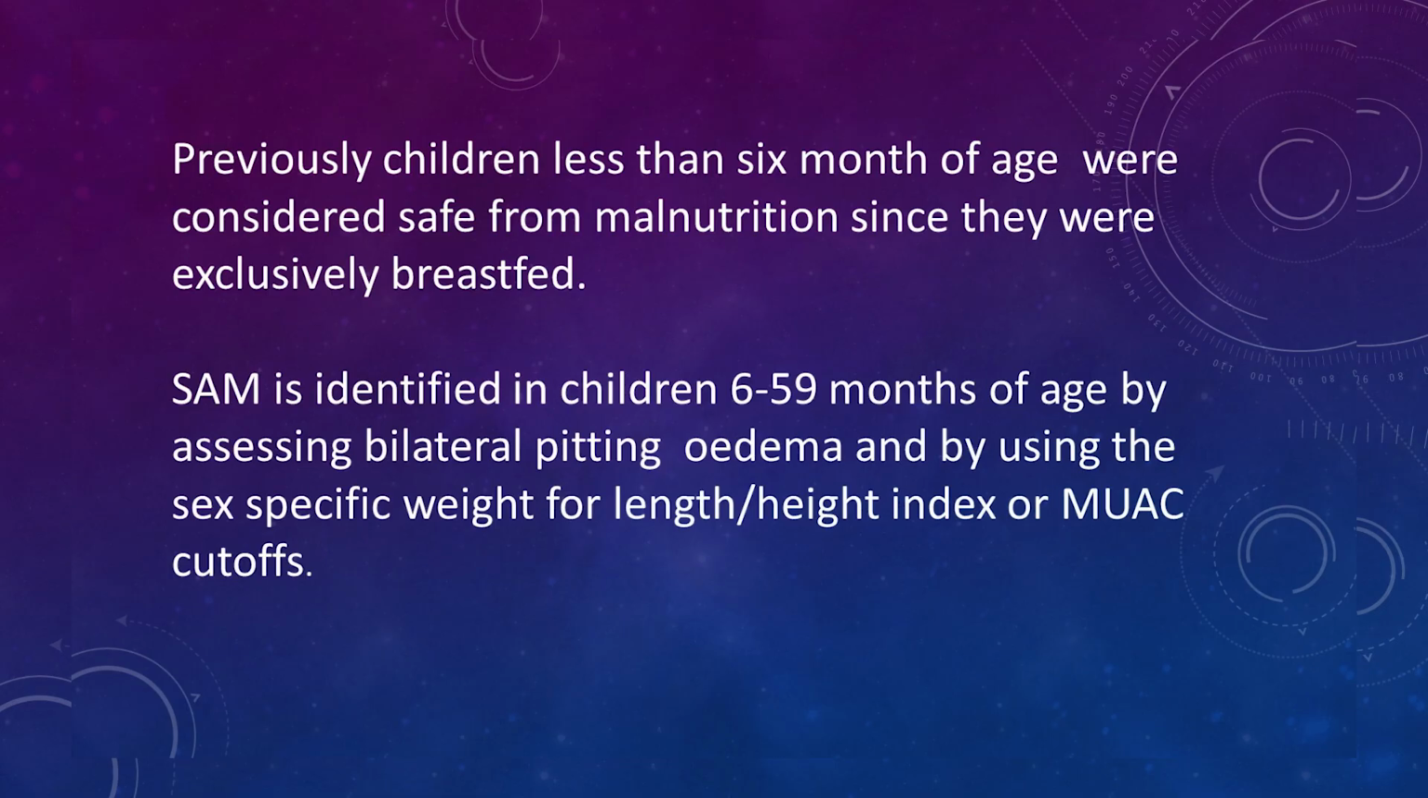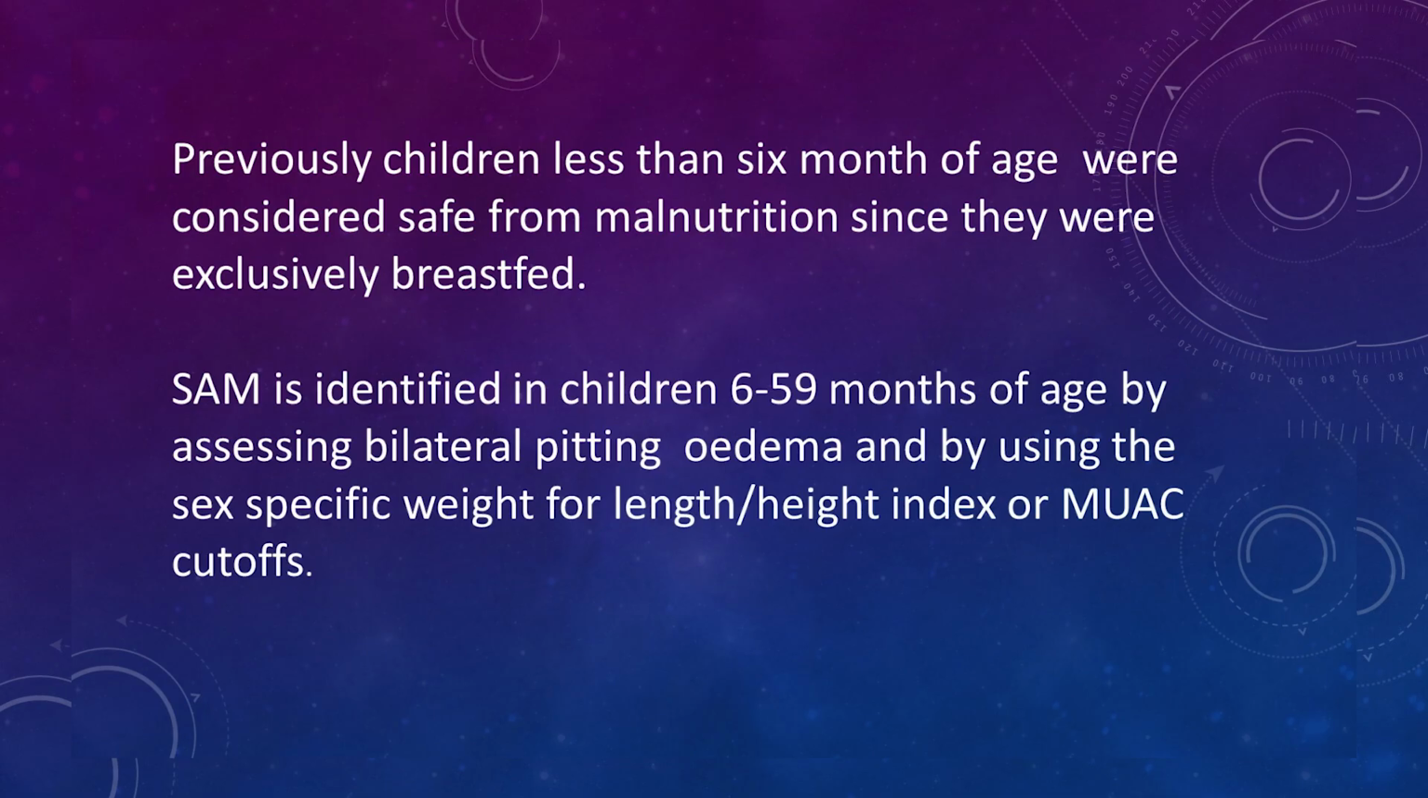Previously, children less than 6 months of age were considered safe from malnutrition since they were exclusively breastfed. Up to 6 months, the mother feeds her child regularly, with multiple feeds given to the child. So, they were away from acute malnutrition, and severe acute malnutrition is identified in children